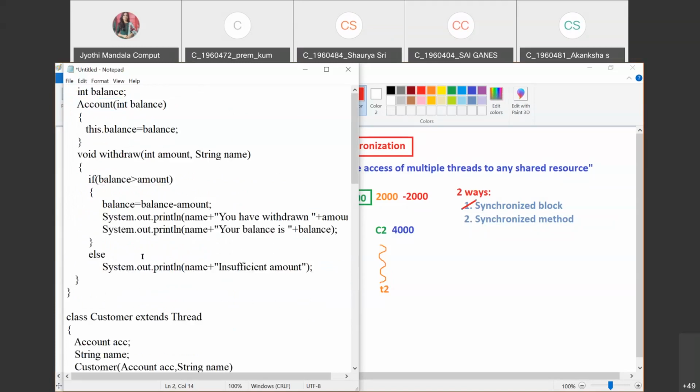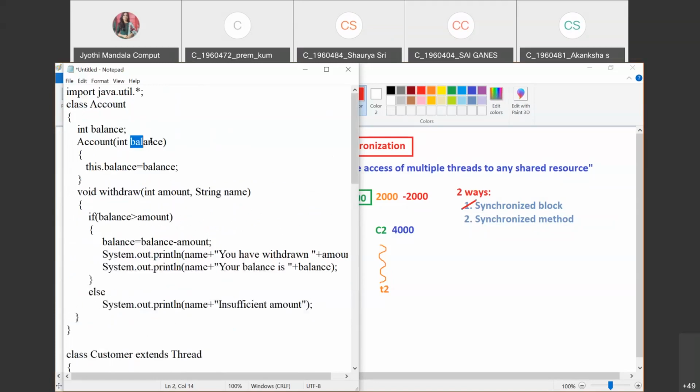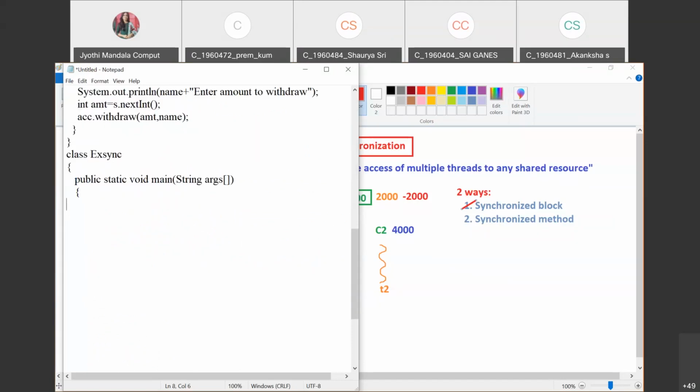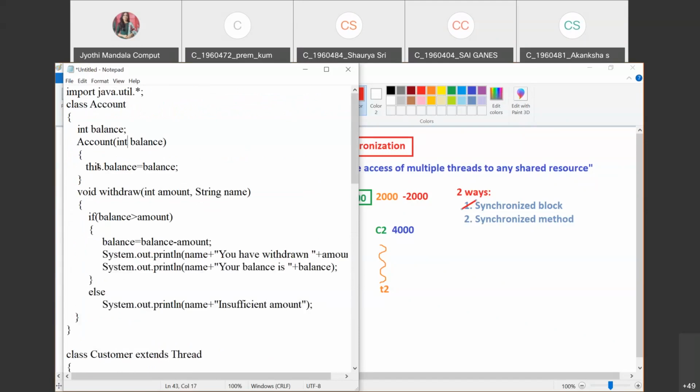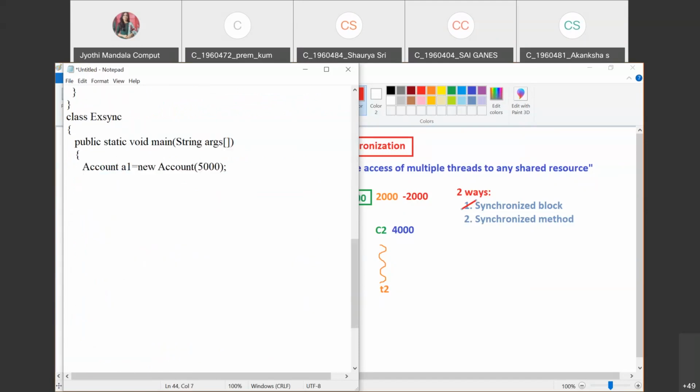So first, whenever you're creating any account, we need to set some balance into that account. That is what we have done here. So let us create one account. We are creating an object a1 = new Account, and let us consider the minimum balance for this one is 5,000. Now what happens for the a1 account, the minimum balance is set as 5,000. This is how the constructor will be called, and the balance is set. Up to here, clear. Now this account has to be connected with the customers, isn't it? So to do that, we need to use our customer class where the first customer is created.